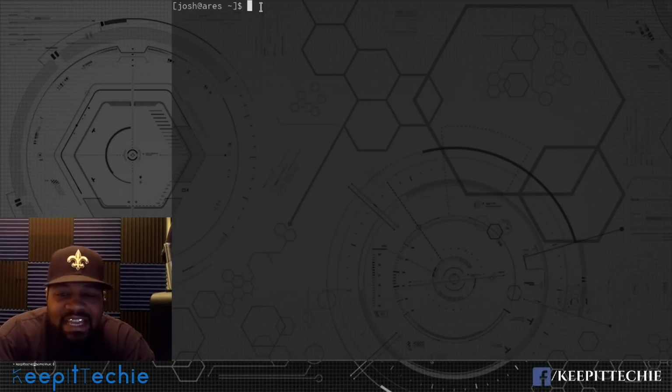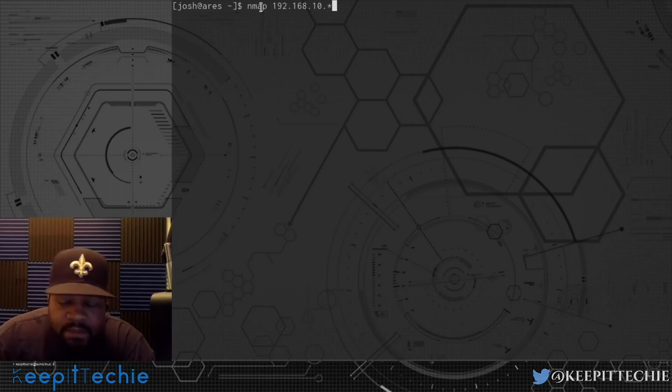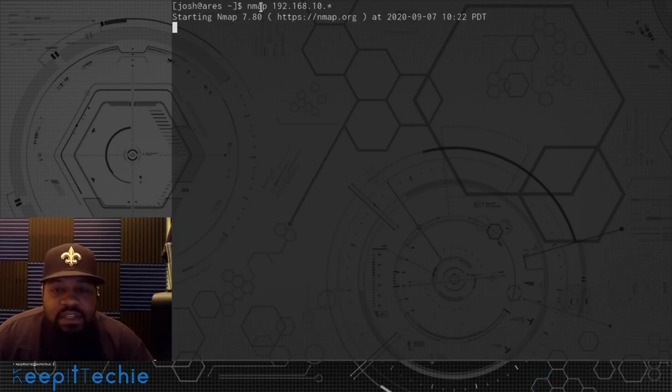And you can scan a whole subnet by using just the IP address range with the Nmap command, because they use wildcards. So let's say I'm going to scan my local network by using the Nmap command, and I'm going to just type in my IP address, 192.168.10.* and if we press enter on that, you'll see that it'll go through and scan every host on the